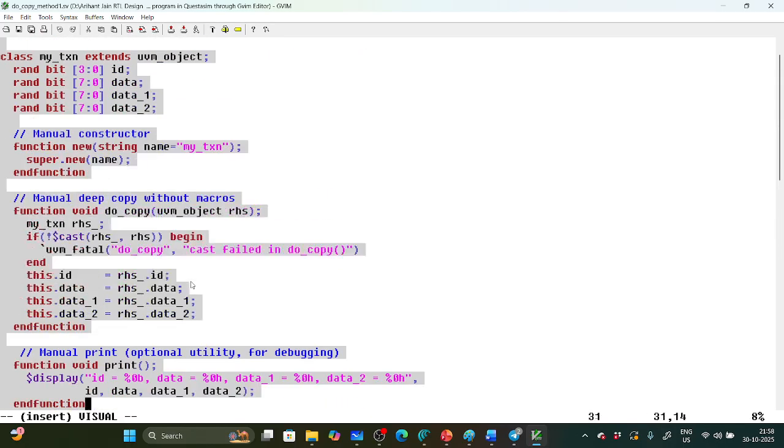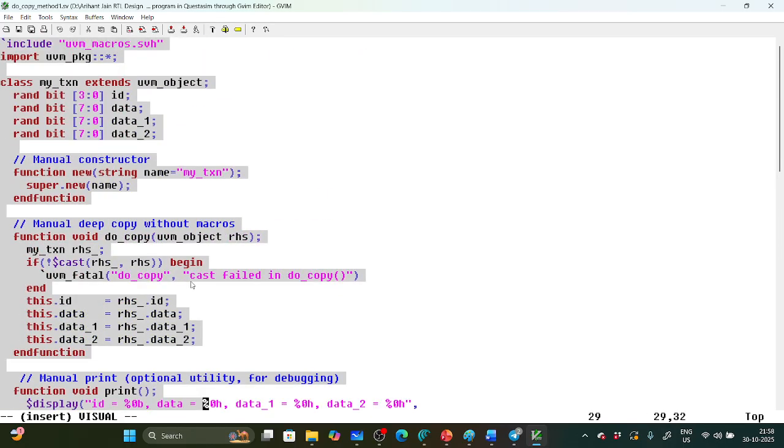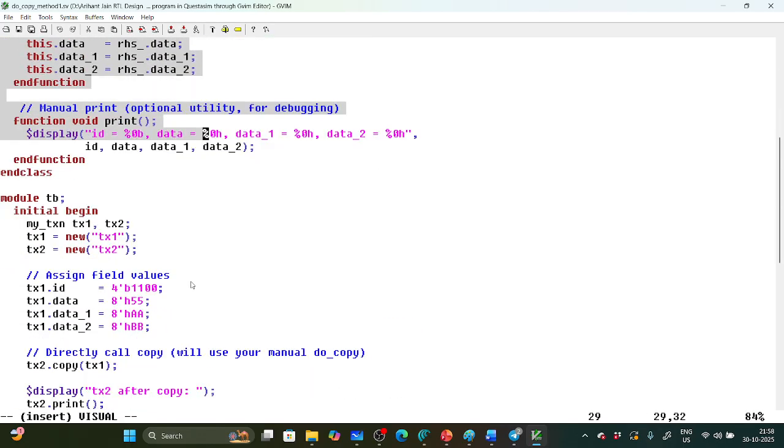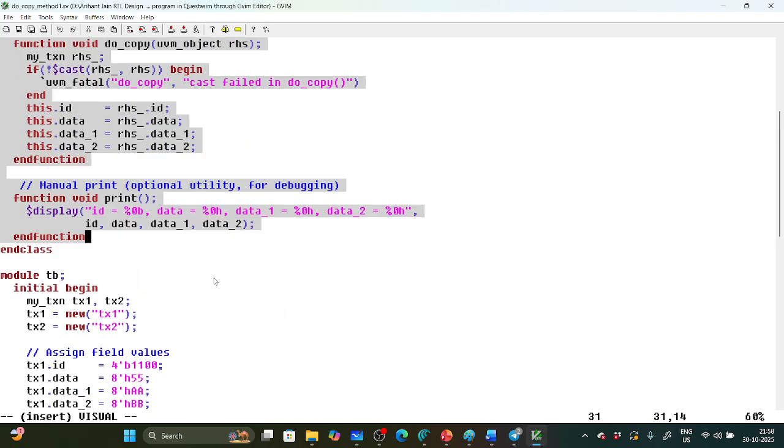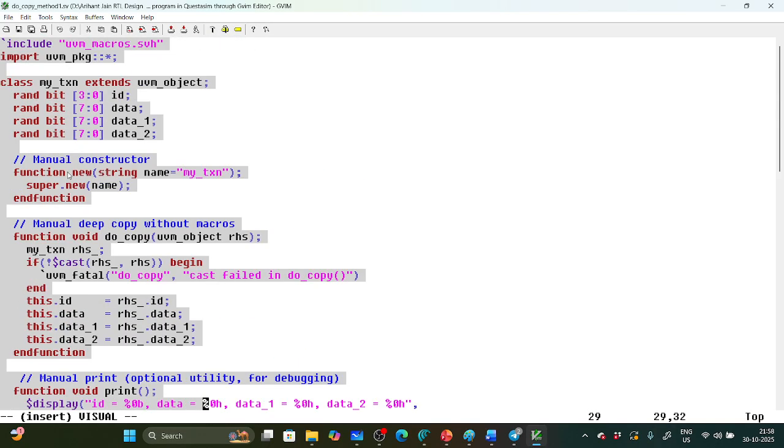Here, if you see the manual copy, module TB and my_transaction. In module TB I'm writing my_transaction one, transaction two, and creating these objects with the help of new, and these values I initialized to the transaction ID. After the copy, we'll see what the result will be. If you run this code,